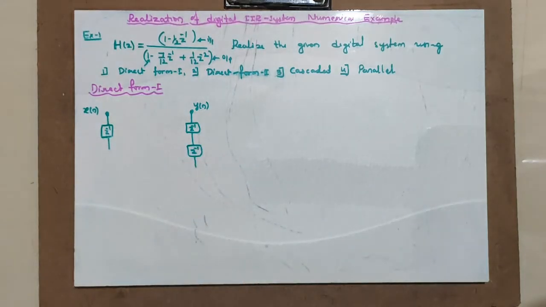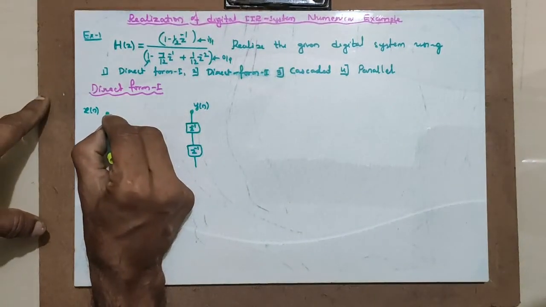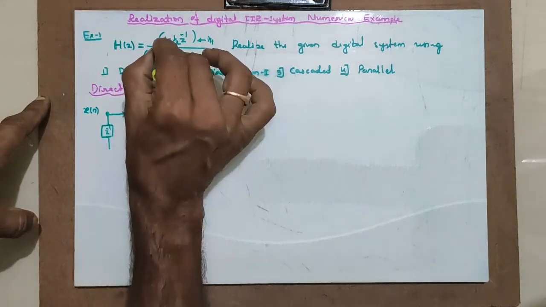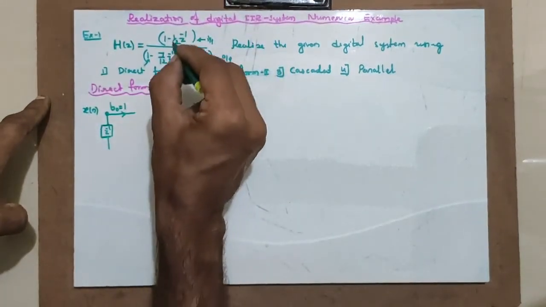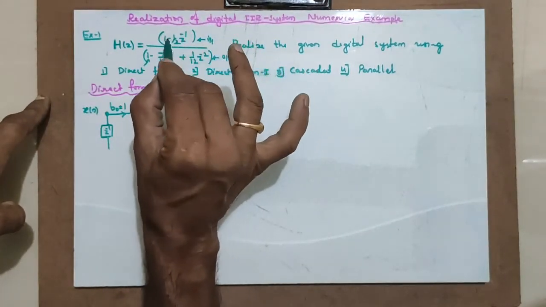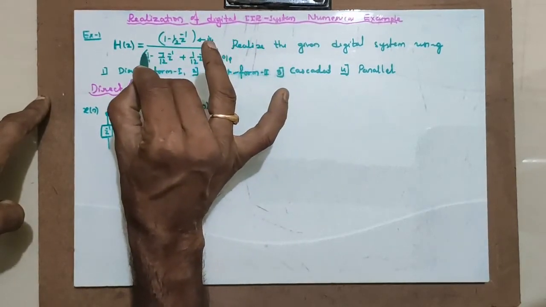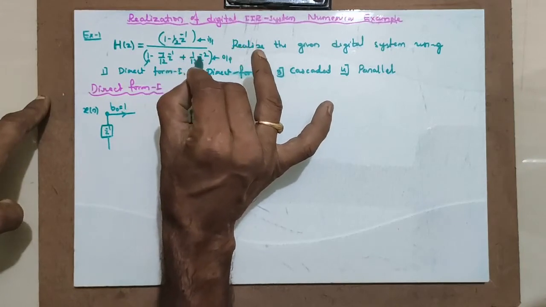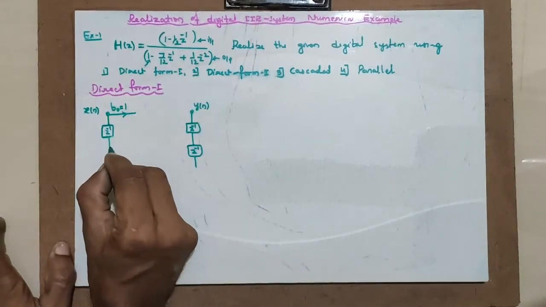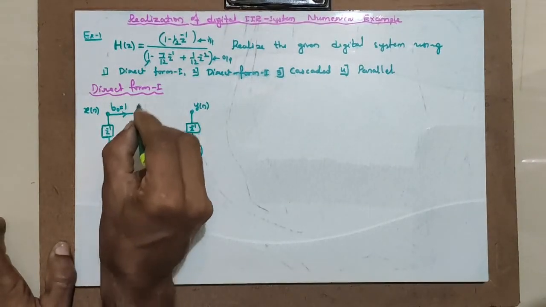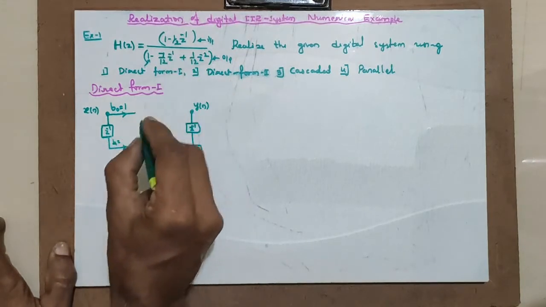Now first I have to implement this input. See, first thing is this b0. b0 is 1 here in this equation. Then as I told you, it is a ratio of two polynomials, b0 + b1 z^-1 + b2 z^-2 divided by 1 + a1 z^-1 + a2 z^-2, like that. I have to implement directly. First I gave b0 equal to 1. Then this b1 becomes equal to minus 1 by 2.